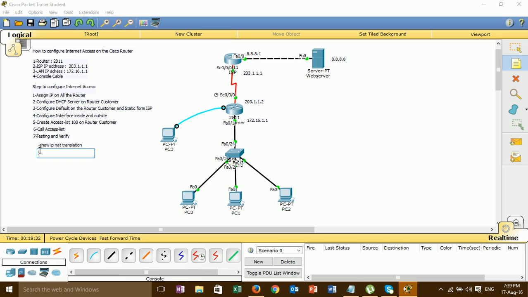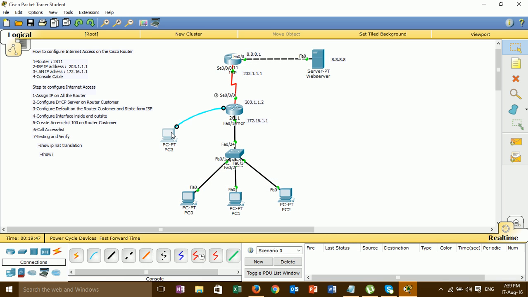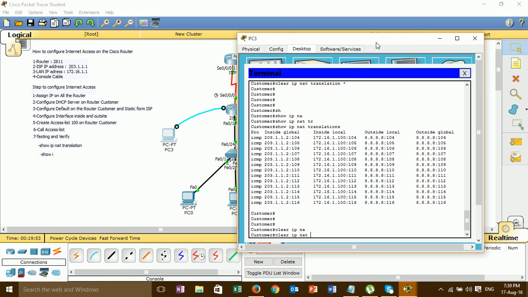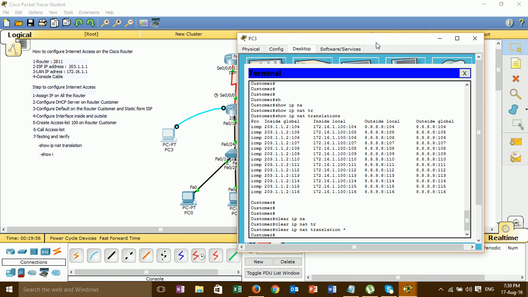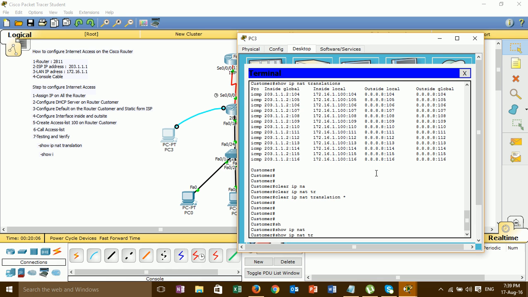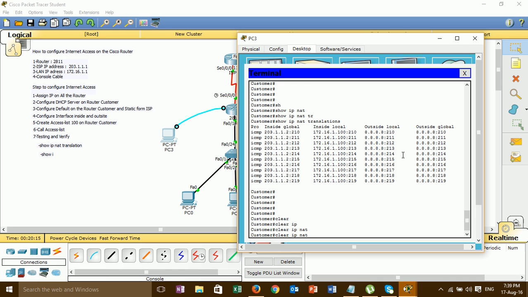And one more command, clear ip nat translation, which means clear the NAT table. When you see this, it is the NAT table.